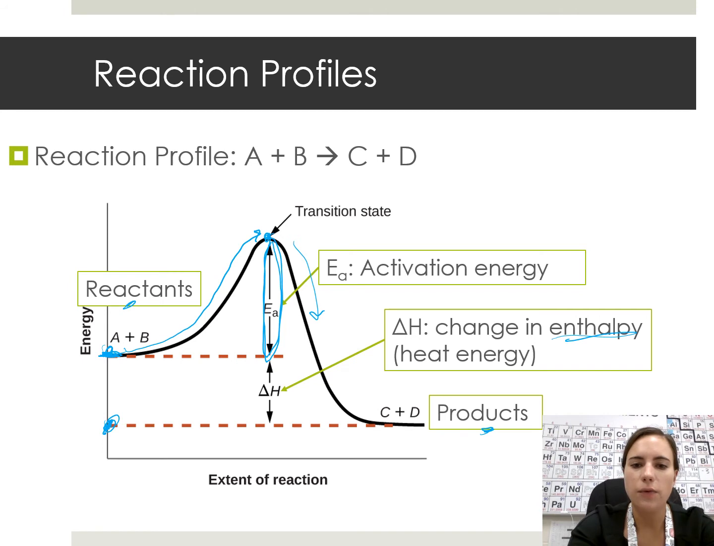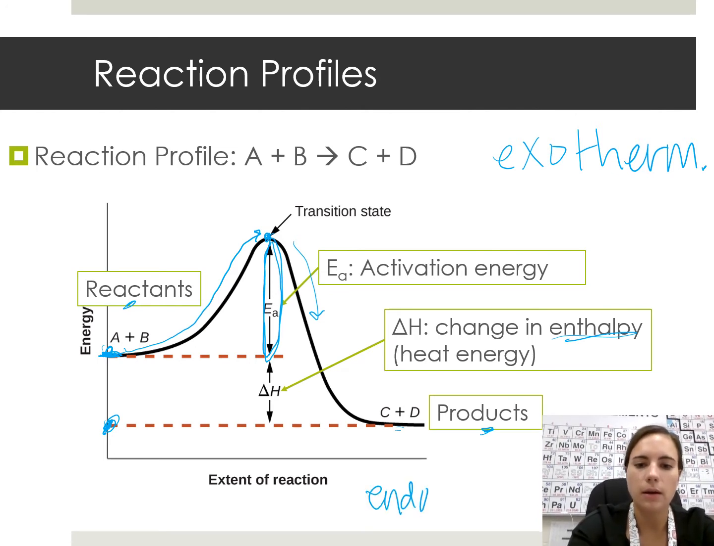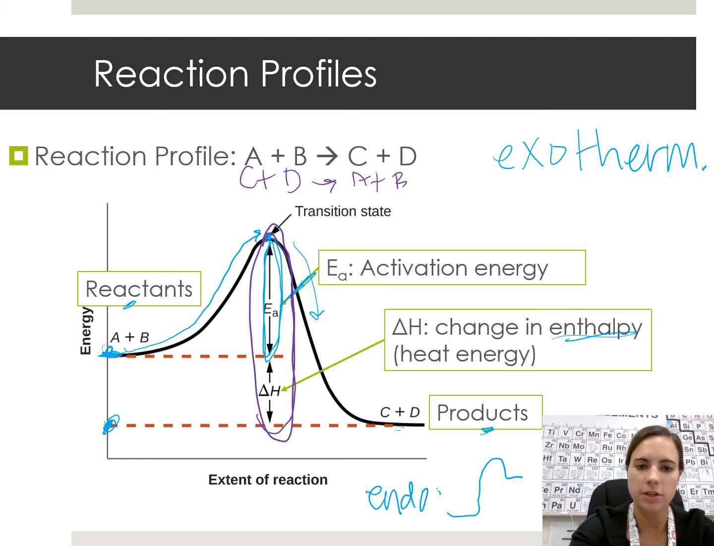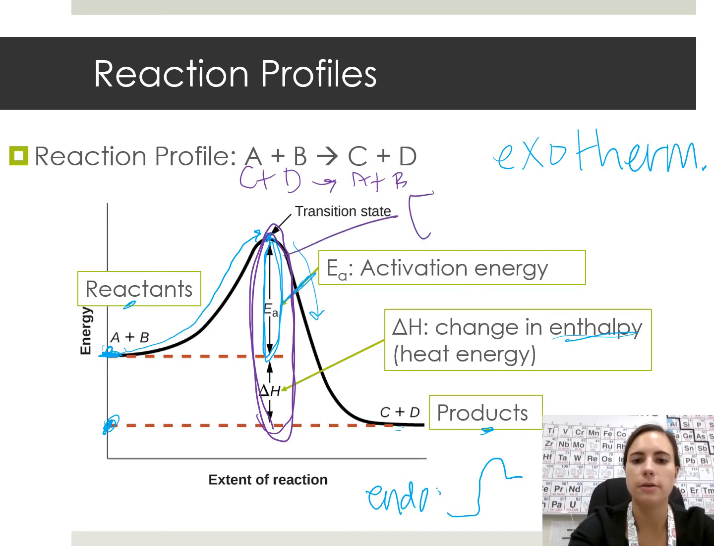So if I have less energy in my products than I started with, that's an exothermic reaction. So this particular diagram shows me exothermic. If it was endothermic, it would look like this. So just being able to read and interpret these profiles, what they mean, and being able to identify the activation energy. If we were to talk about the reverse reaction,